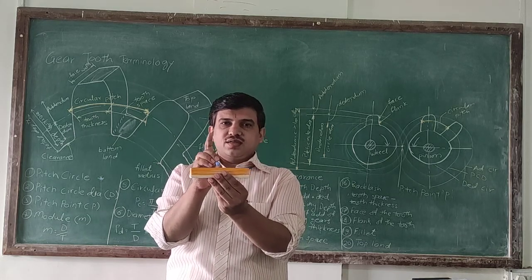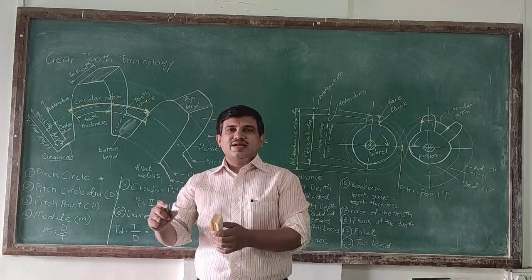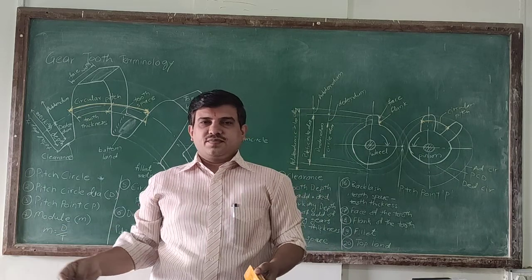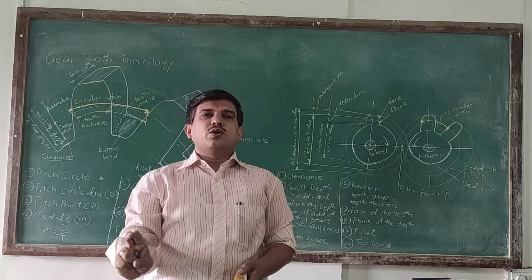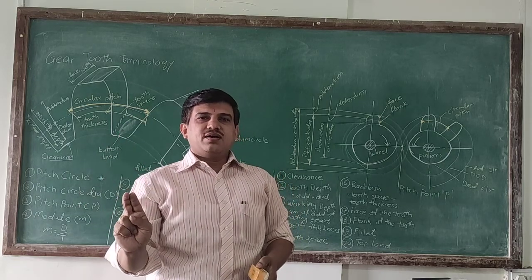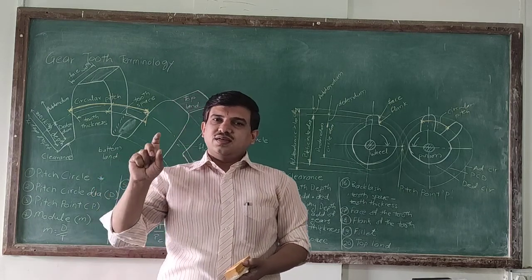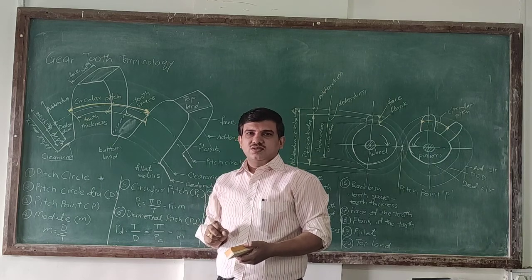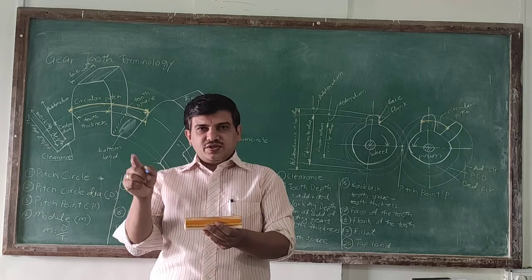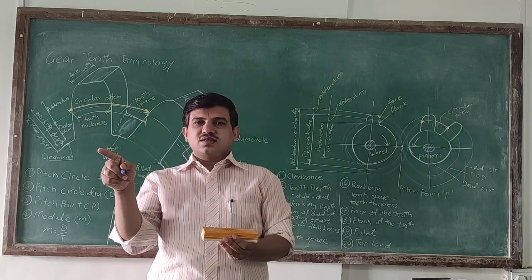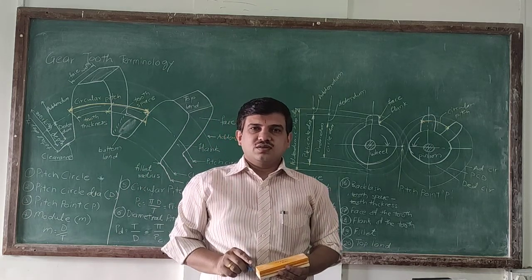Are you getting me? Sometimes we use a word in cricket. Suppose if the pitch is wet, we say the ball skids. That skidding part. So what we are telling from that skidding is that pure rolling is not happening, isn't it? So the same case applies over here. Pure rolling means when you are rotating about your own axis, simultaneously you have to travel linearly on the surface. Are you getting me?